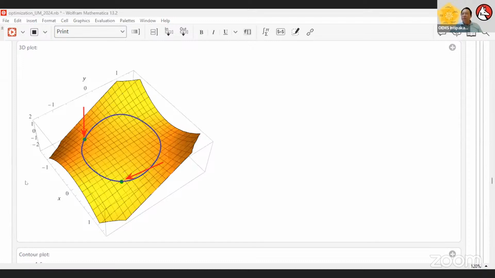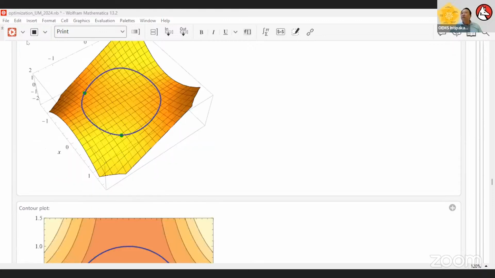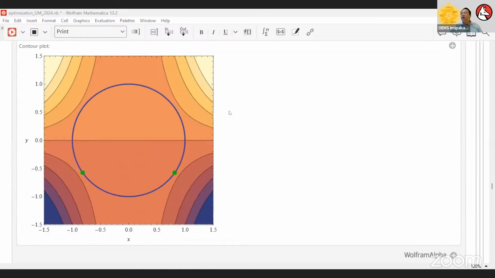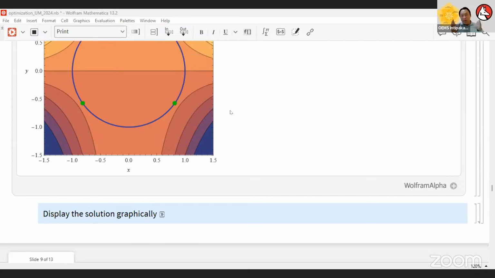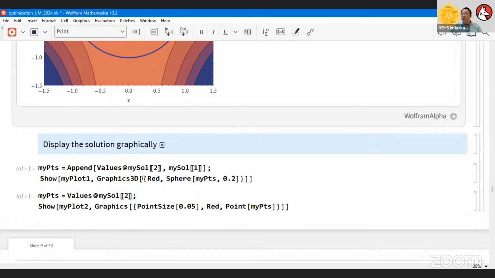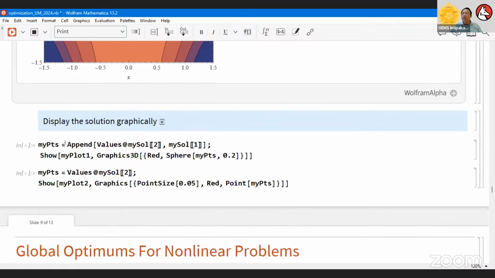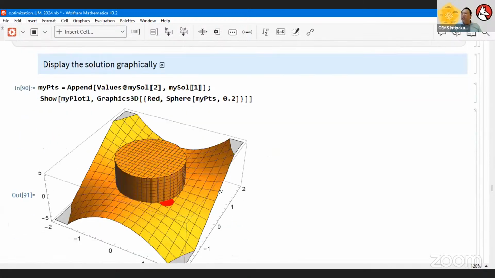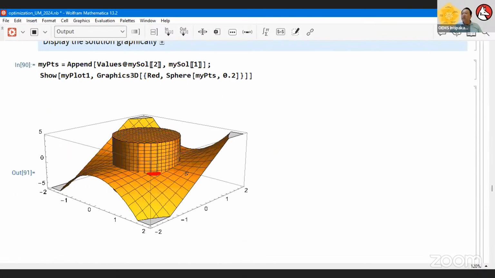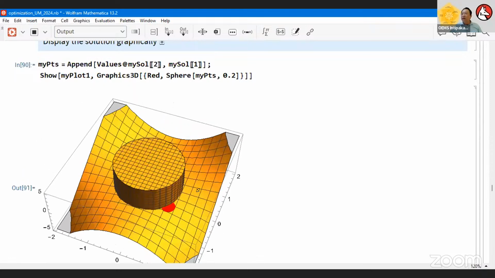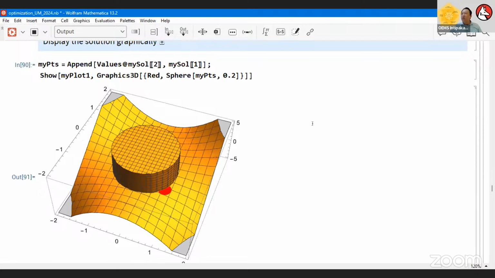But in our common approach, what we will do is like this. At least using Wolfram Alpha, it gives me some of the displays that common people might try and look at. Now I say display solution graphically. This is what we will do using the previous workflow. This is my points. Append the values of x and y, and show the plot. Now the system shows it here. This is my way, one of the global optimum finders. It looks quite identical in result.